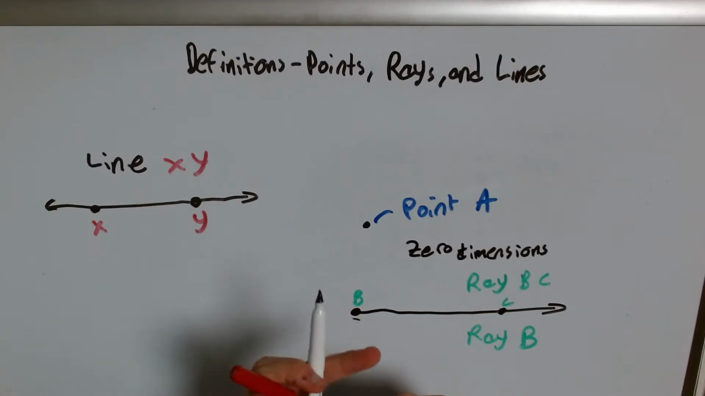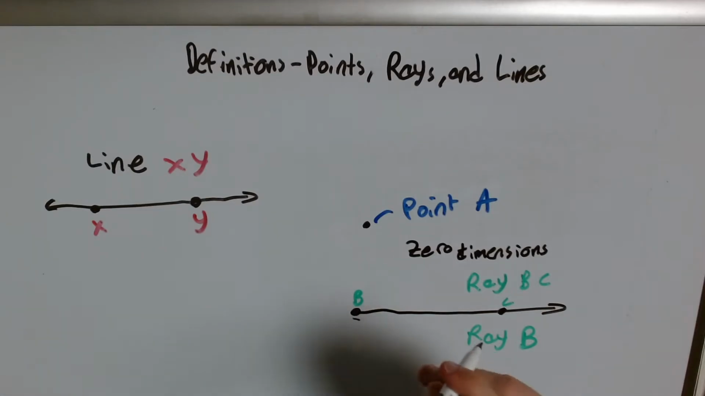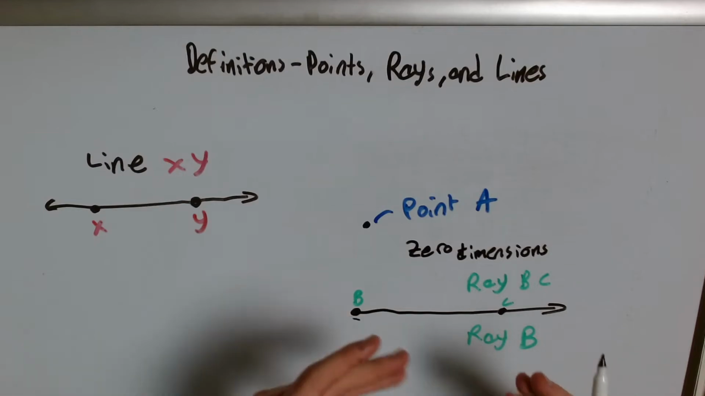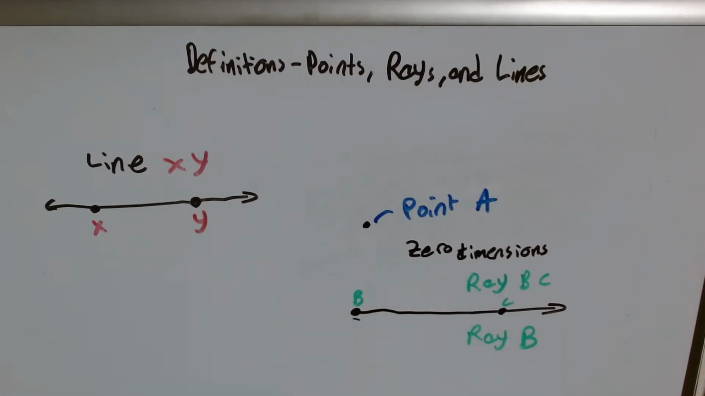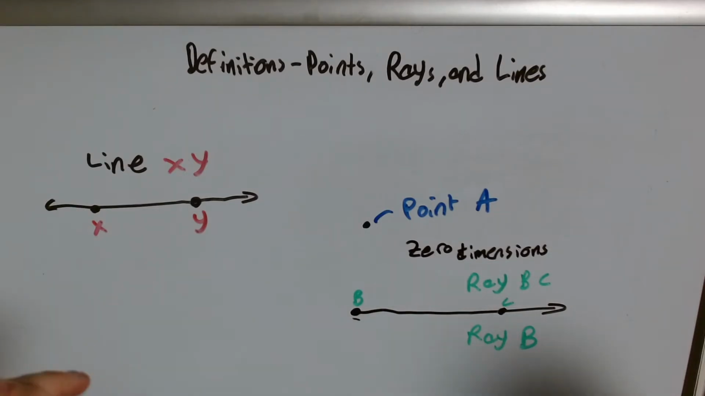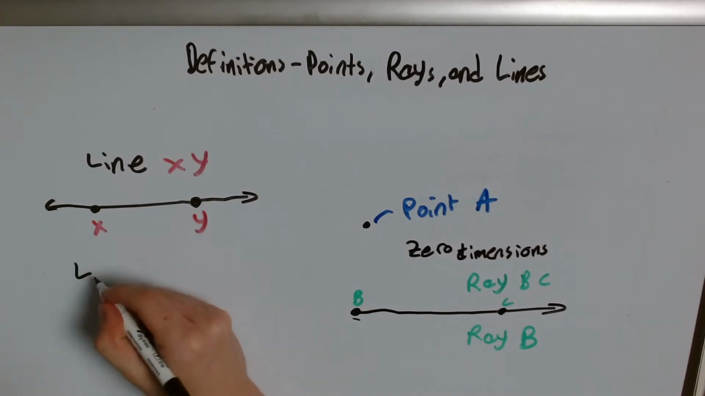But there's a problem. All these points don't really have measurements. I can't measure a point, it doesn't have any dimensions. A ray goes on for infinity in one direction, so I can't really measure infinity. Same story for the line. Where would I even start? That's what we have, what we can measure. A line segment,